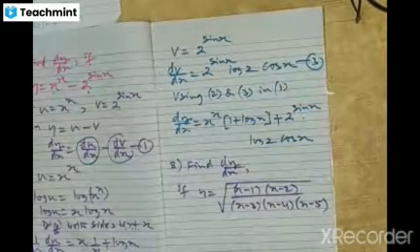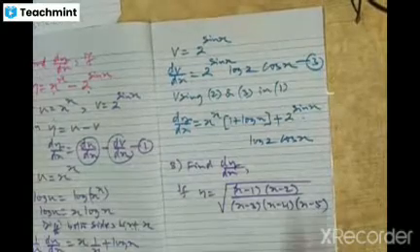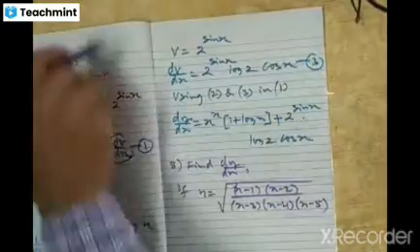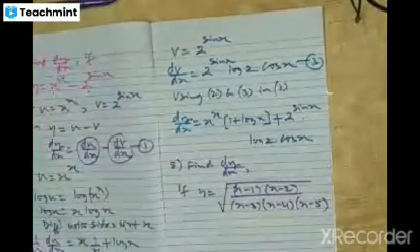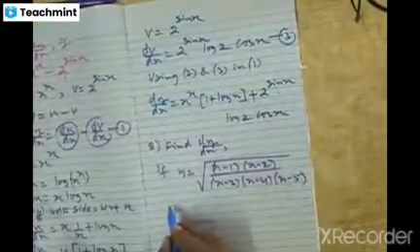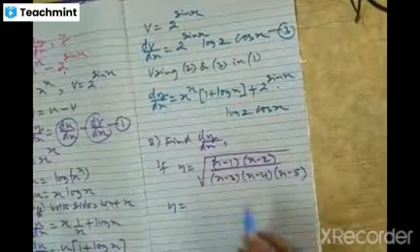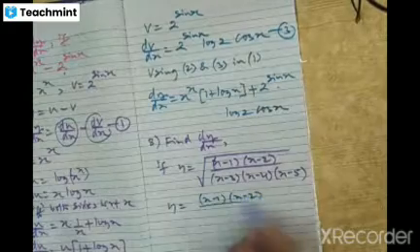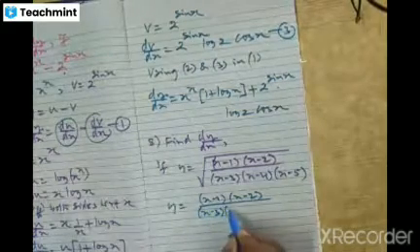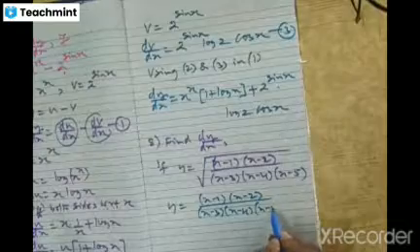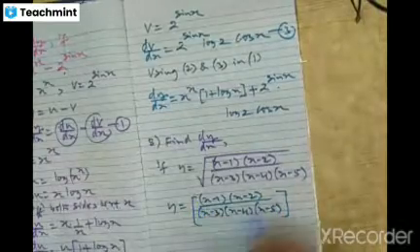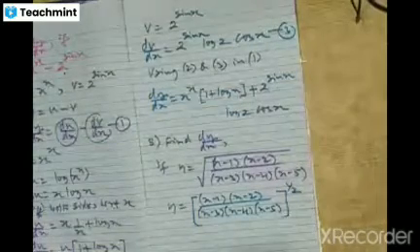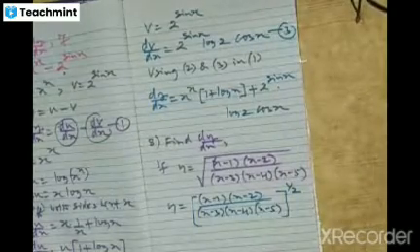So don't differentiate this directly. You have to use the help of logarithm. See, the given function is of the form y is equal to x minus 1 into x minus 2 divided by x minus 3 into x minus 4 into x minus 5, whole power half, correct? Take log on both sides, simplify, and after simplification, find dy by dx.